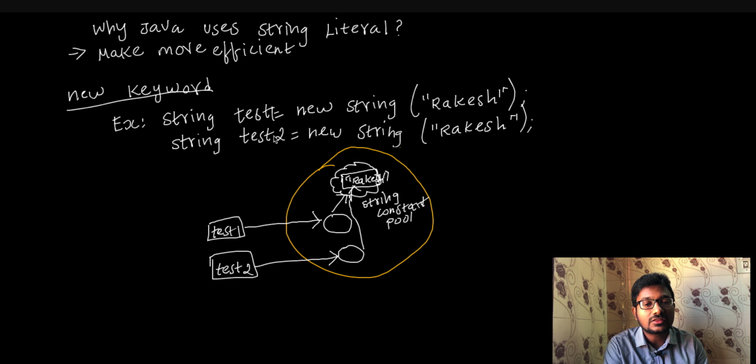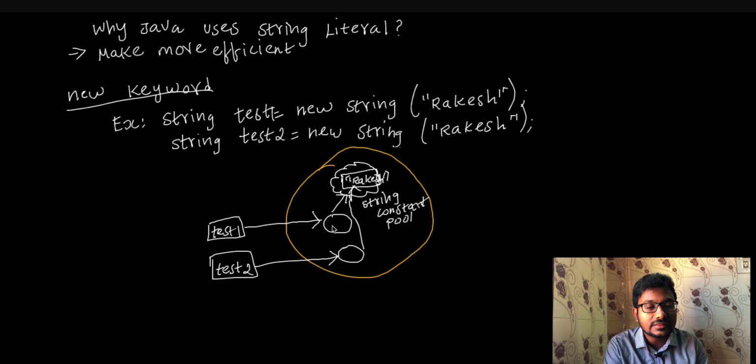While executing the first statement, it checks whether Rakesh data is already present in the string constant pool. The reason is that string values are stored only in the string constant pool. While using the new keyword, it creates new extra objects in the JVM common pool memory,